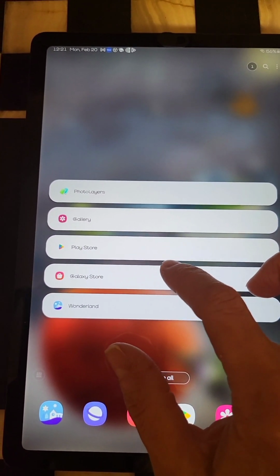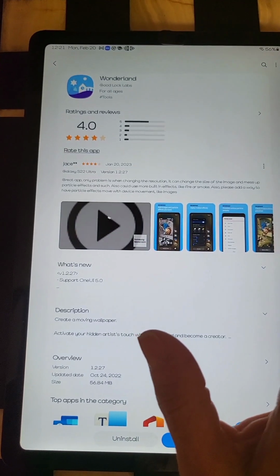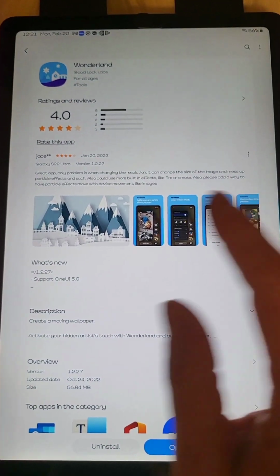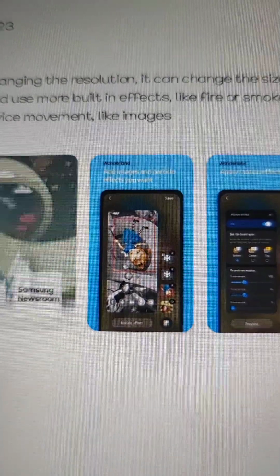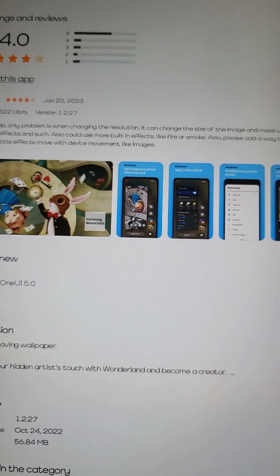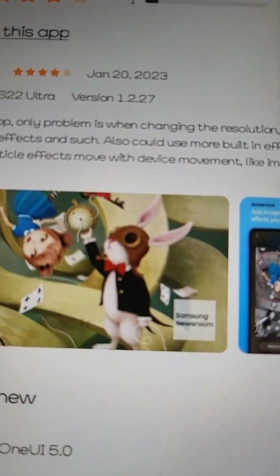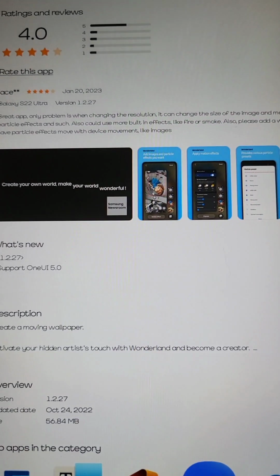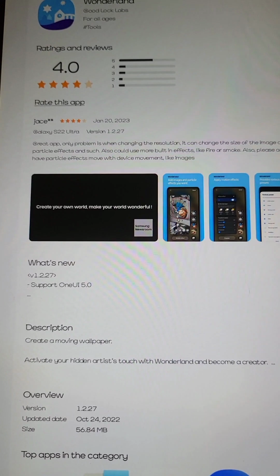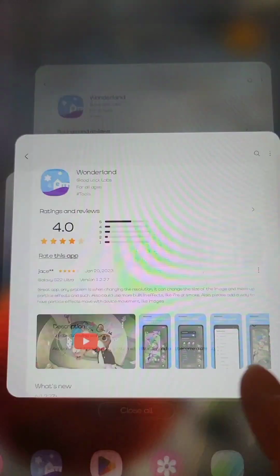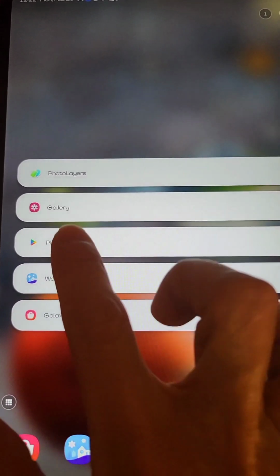I recommend getting it from Galaxy Store, okay? And this is what it really shows a lot, or this little doll right here, this one here. So you just download that for yourself, and then go to the Play Store